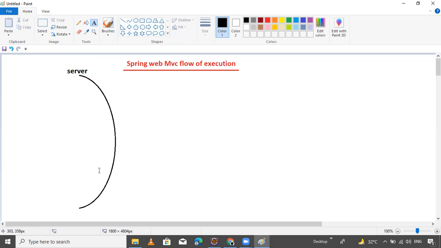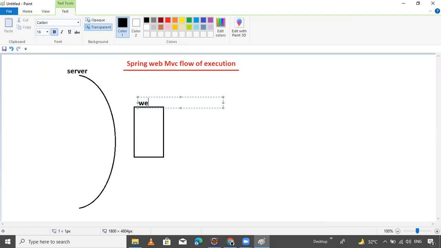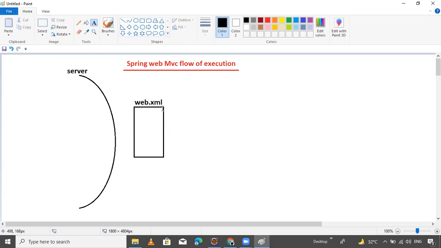The server identifies and does all types of work. This is our web.xml file. First, before starting, the server identifies the web.xml file. Then this is our dispatcher servlet.